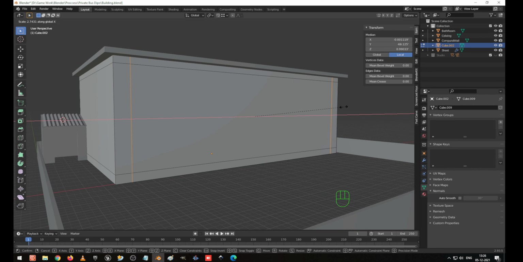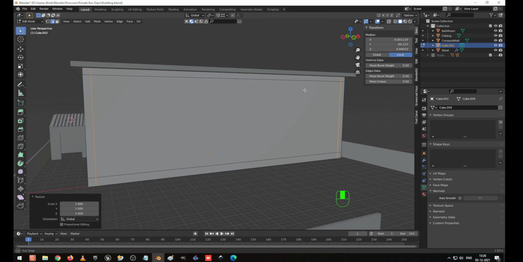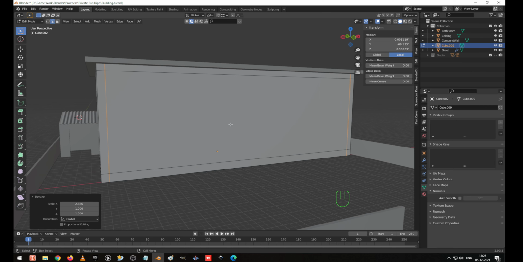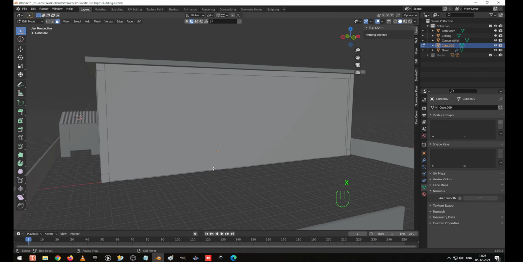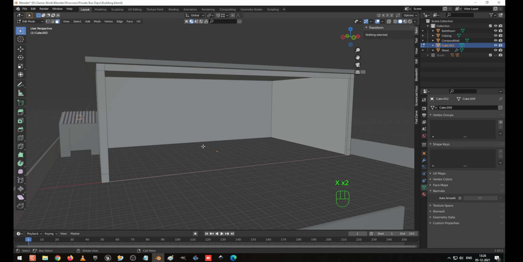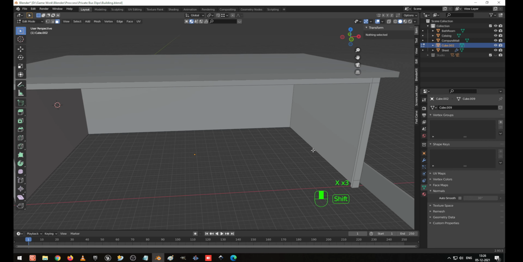Okay, which will come out evenly for us to look at, so which is better for us. Now here go to face selection, X to delete the face, select this, X to delete the face, select this, X to delete the face. Now our bottom half is ready.